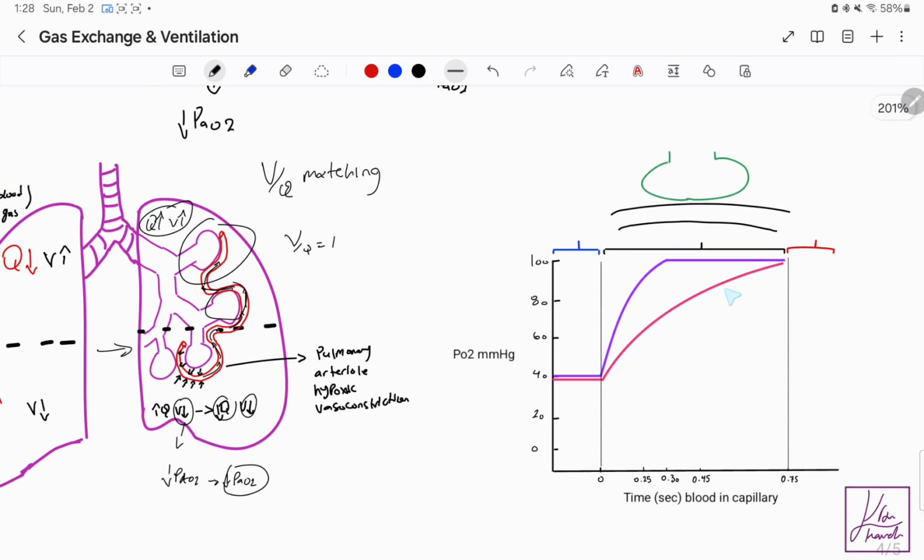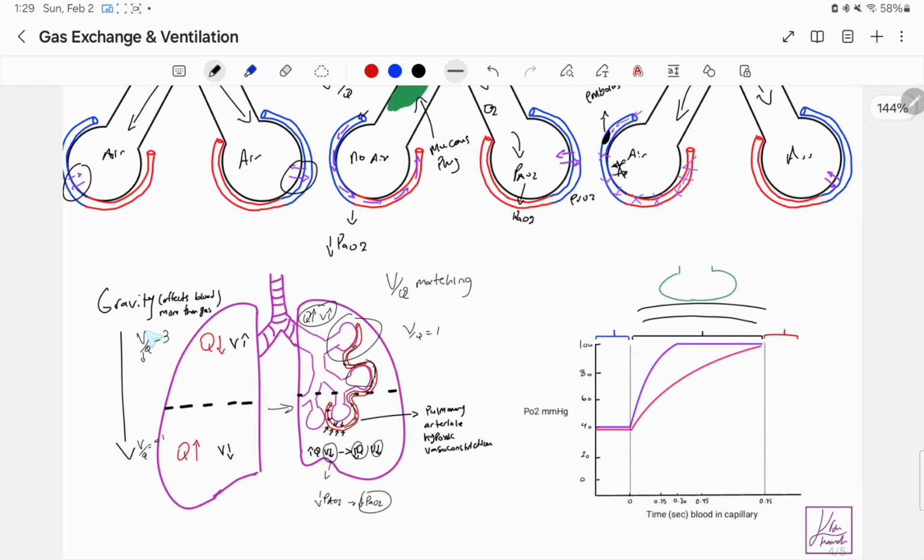But one more thing before we get into this: I mentioned how gravity is working down on us when we're vertical, and this effect is happening. When you're lying down, the force is spread all around, so perfusion is more equal throughout the lung. Ventilation and perfusion are more equal throughout the lung when you're lying down. So your lung is no longer vertical, it's horizontal. And for example, during exercise as well, your ventilation and perfusion is much more equal and much more similar to